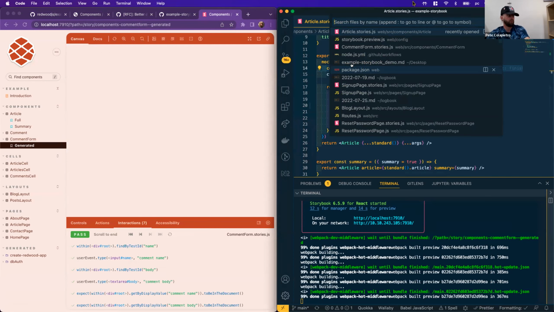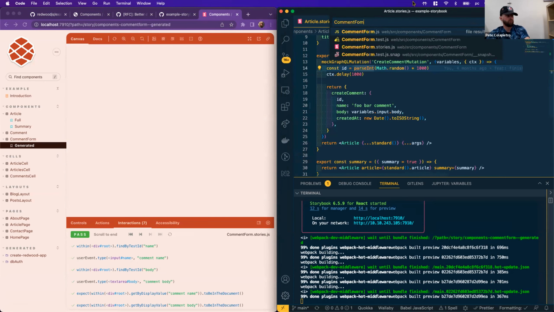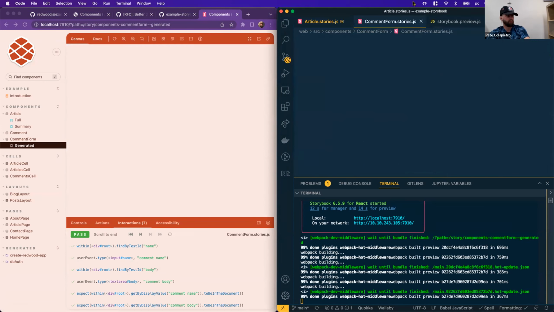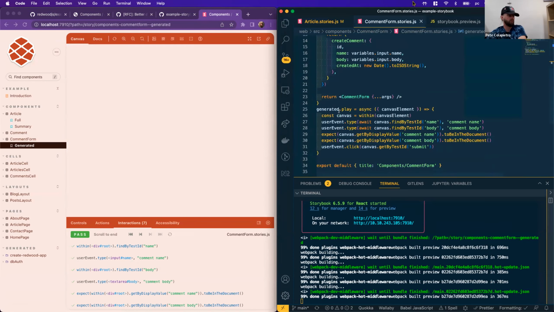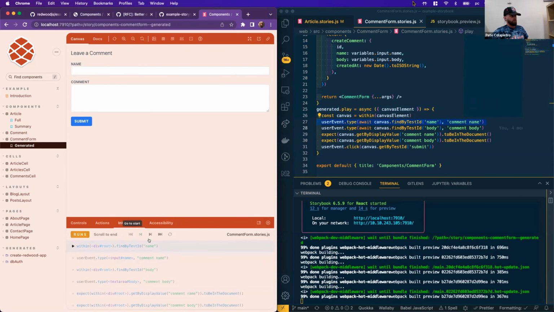It allows you to provide these things called play functions, which essentially give you access to the DOM, and you can find particular elements similar to if you're familiar with React Testing Library or a Cypress-type testing framework. You can essentially target specific elements in the DOM and